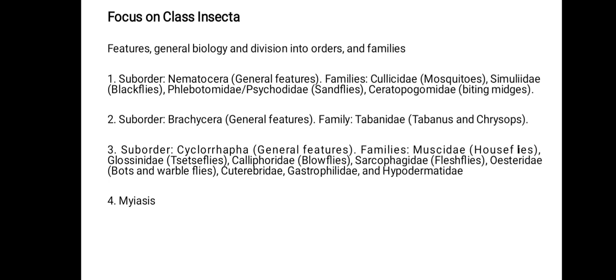Number 2, you see that we are going to discuss and take classes in Brachycera. There we'll pay attention to their general features, and then talk about the family Tabanidae, the Tabanus, and the Chrysops. And then we'll also discuss Cyclorrhapha, their general features,